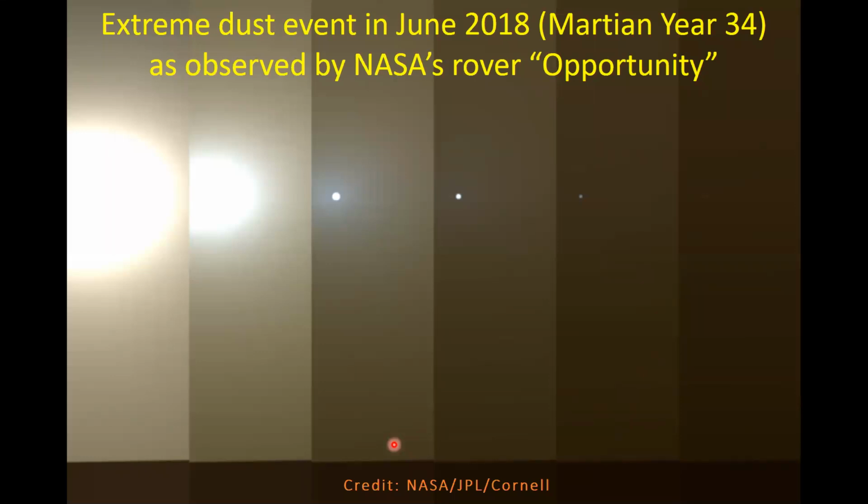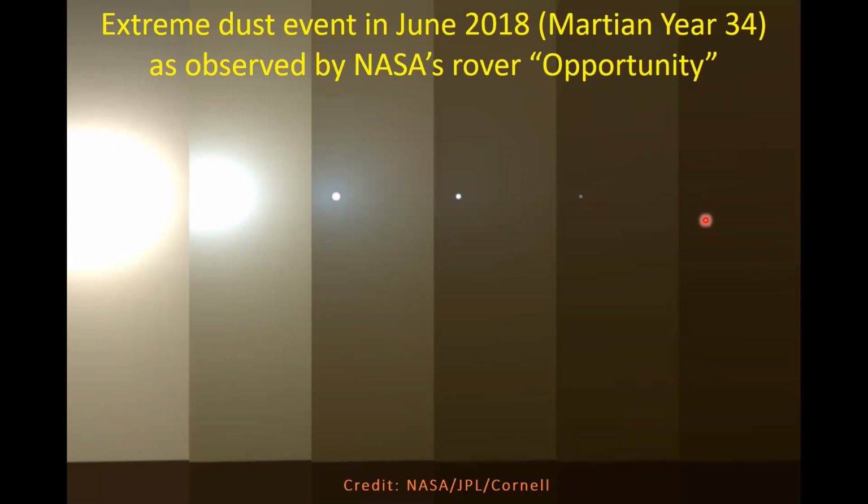If you were on Mars at that time, you would see the sun basically disappearing. This is a picture taken by the rover Opportunity, and you see that on one day when the extreme dust event, which started in June 2018, wasn't there yet, you could spot the sun very clearly, and then little by little, sol after sol, the sun completely disappeared. I'm not sure you can see it on Zoom, but you barely see a dot here, which is the sun. And after this sol Opportunity died, because it went into safe mode,